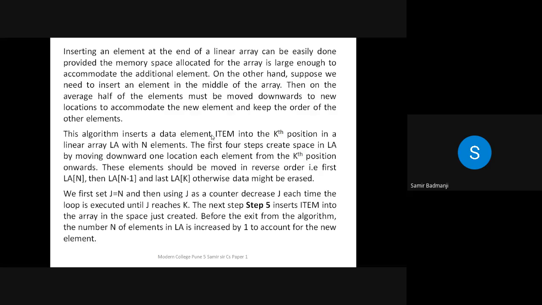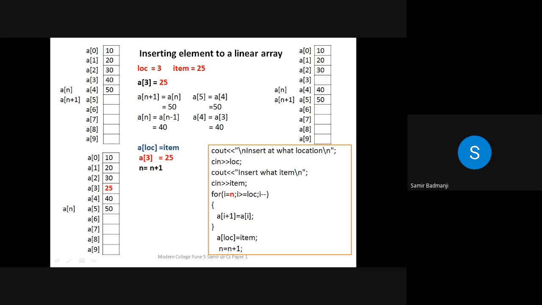Okay, so see, we are going to see an example. This is an array of size 10. We are defining an array A[10] of size 10, and I have inserted 5 elements here. A[0] means the first element, then second, third, fourth, up to the 10th element. So this is an array, and I have inserted 5 elements.